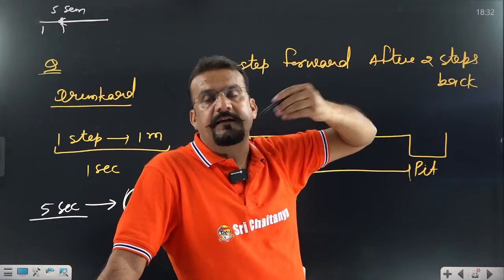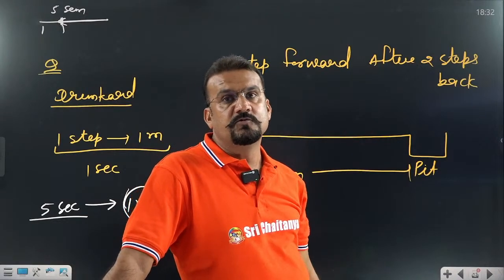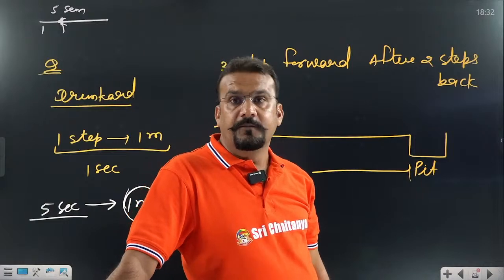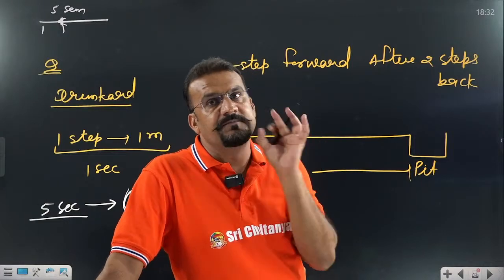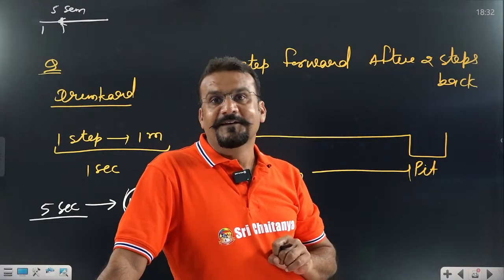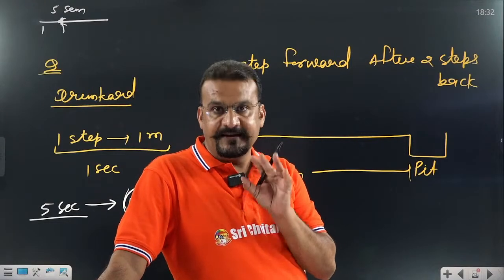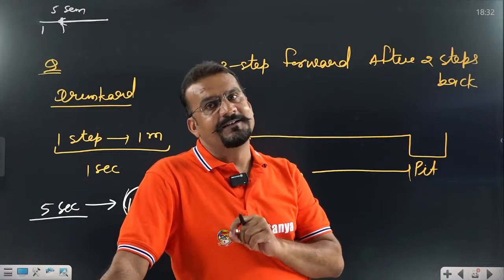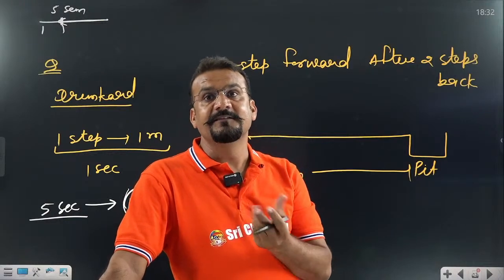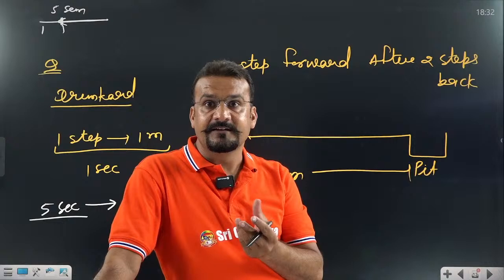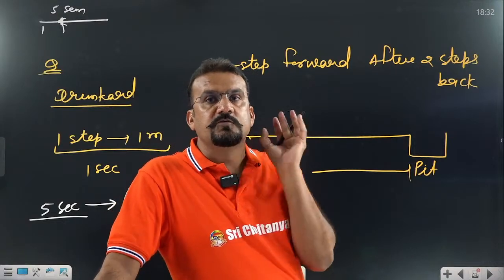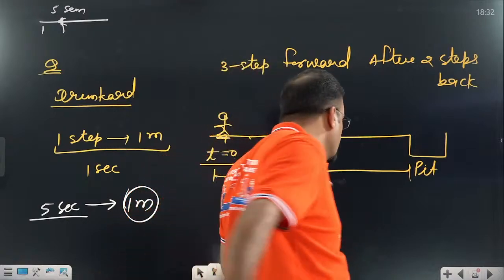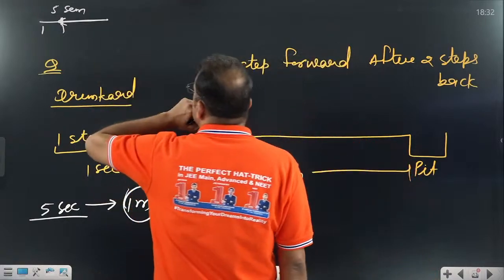In the same way, sometimes what will students do? They will count it up to 10. Meaning to say, in the first 5 seconds it is 1 meter, so in 50 seconds it is 5 meter, like that. That is wrong. In 50 seconds it is going to be 10 meter. How to do it? You have to perform it up to first.